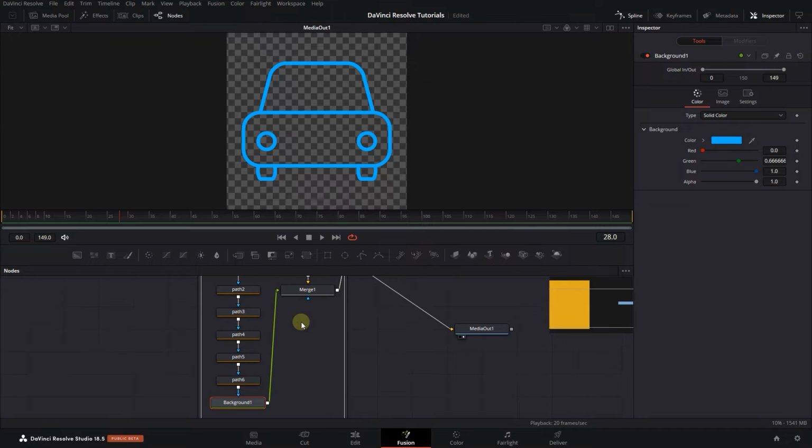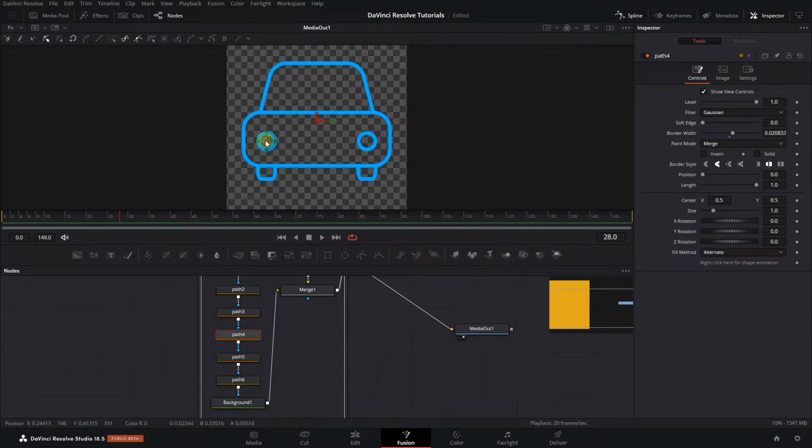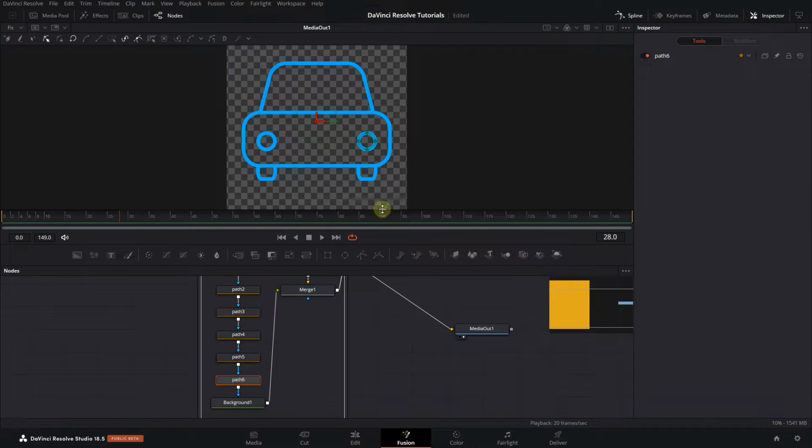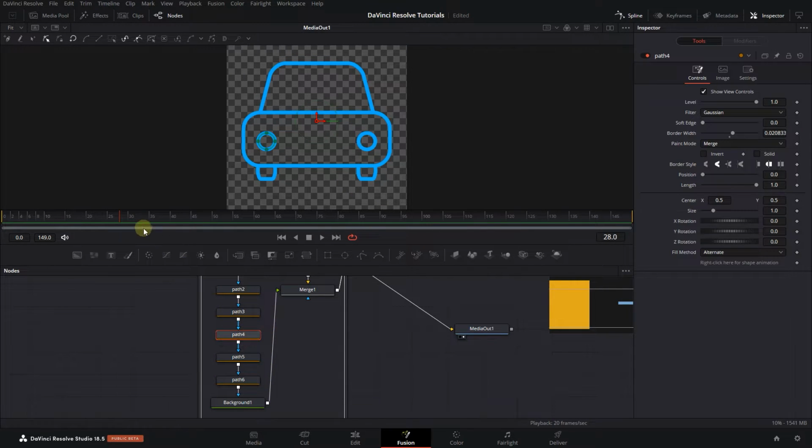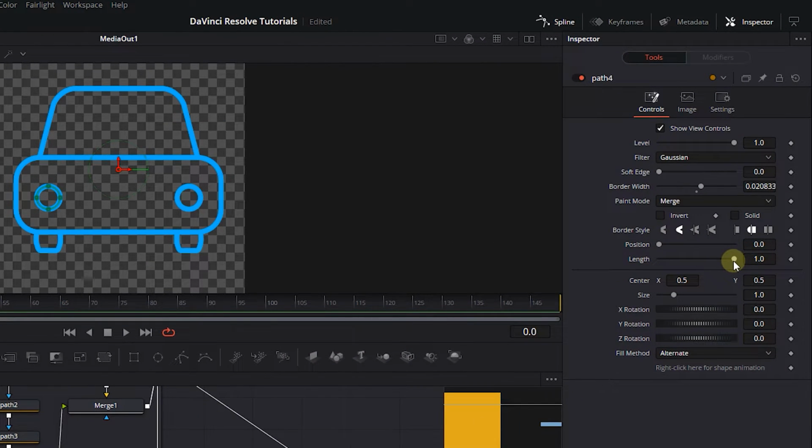Now let's animate some of these paths, like the lights, for example. By clicking on paths 4 and 6 you can see that they are the lights. Select path 4 and move the playhead to the start, then decrease length to 0 and click on the diamond button